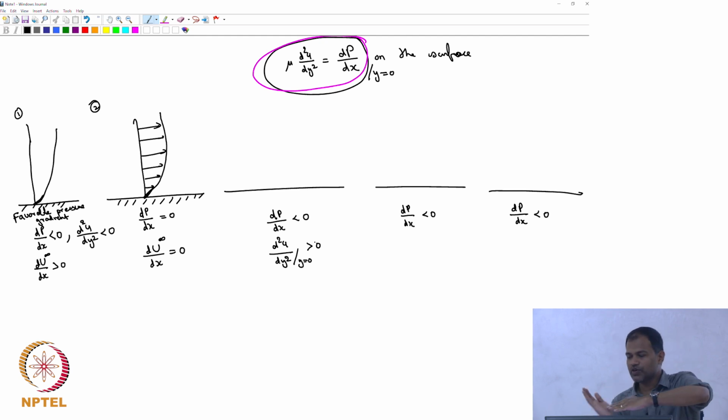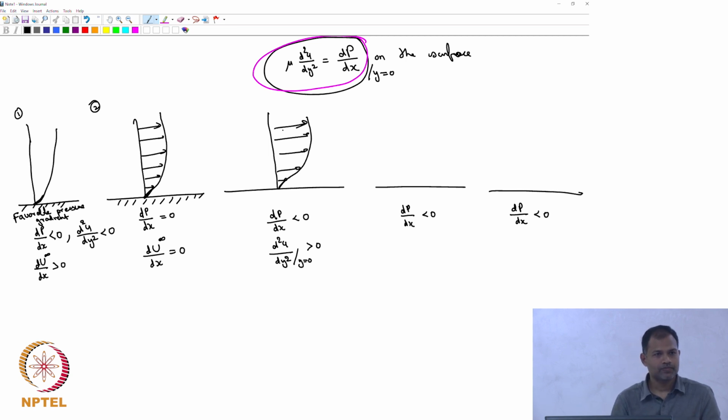So initially it was like this. Then I said it's going to be like this. Now it has to be like that. Okay. So in other words, my velocity profile should start doing that. The original one, of those colors, green or magenta, that we had, I wrote it wrong. So like that, and then it would do that. Sign: d square u by dy square should be greater than 0.